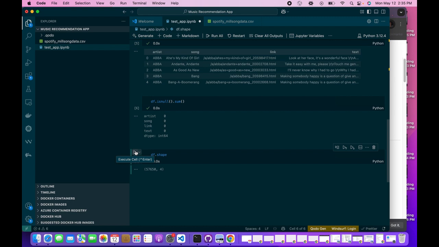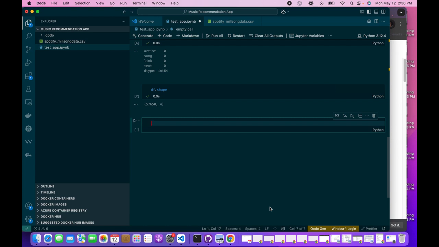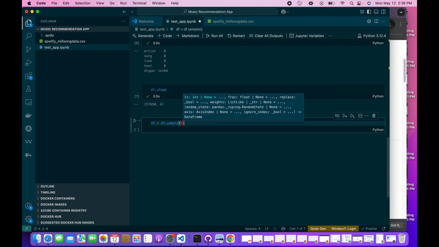So to be able to make this project get deployed faster and get the training faster, I want to reduce this dataset from 57,000 to just about 6,000 data rows. So to do that, I'm going to be using this code. So let me run the code. That will be df equals df.sample 6,000 from this data,